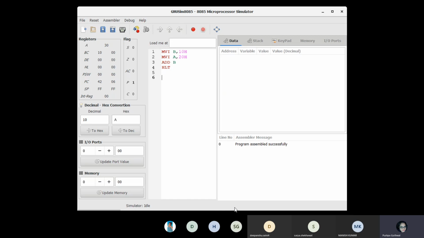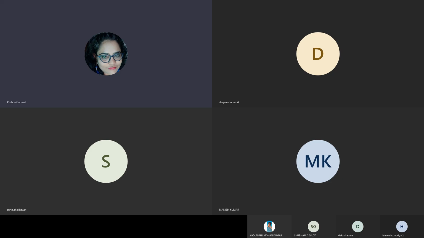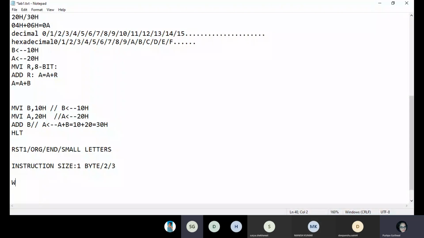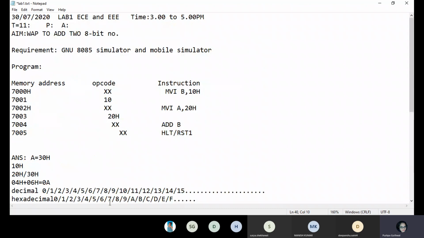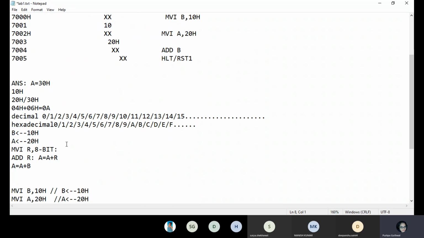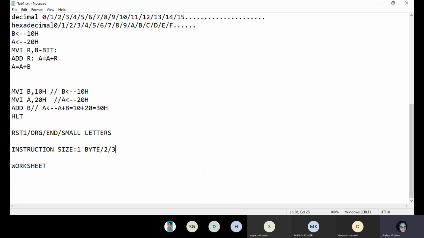I'm again coming back to the screen. So install that GNU simulator on your laptop, as you have to perform these practicals. I'm just writing this code in the worksheet. This is your practical, na? You have to write it in that way. This is for your understanding. In your practical file, you have to write the aim, requirement, program, and after writing the program, you have to stick the simulator results. Results means you have to put a screenshot.